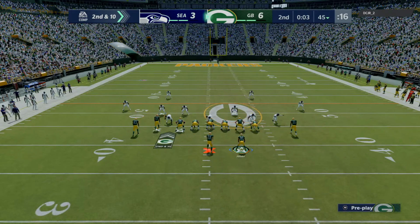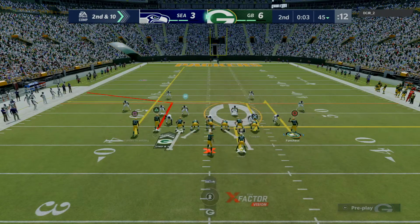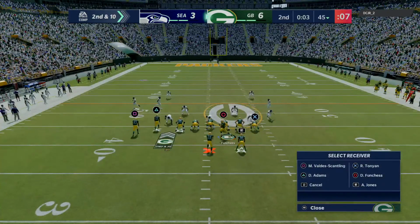Hey, you block over here. Hey, check Mike 50. Mike is a 50. Check Mike 50. 3 buzz. Mike's 50. Hey, tight down. There we go. Hey, take